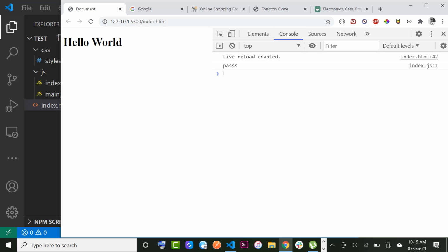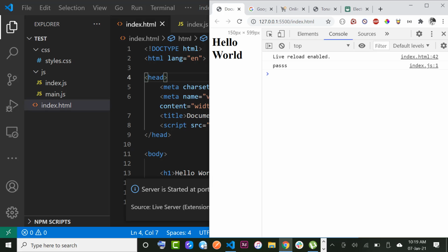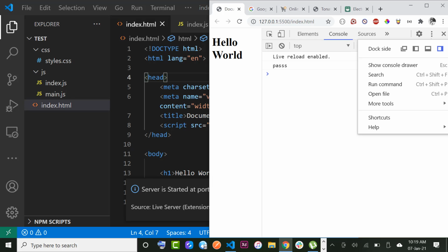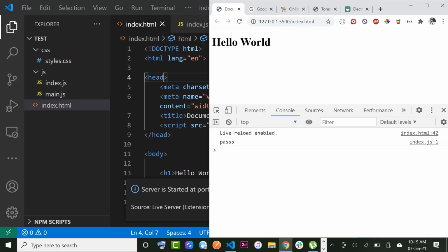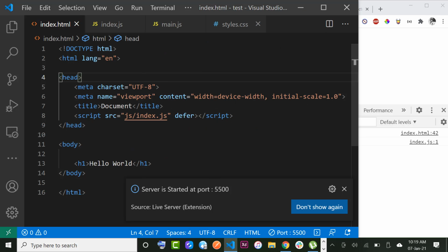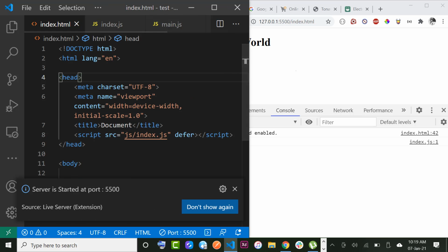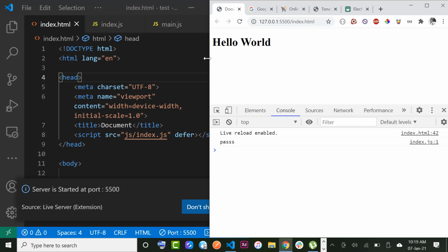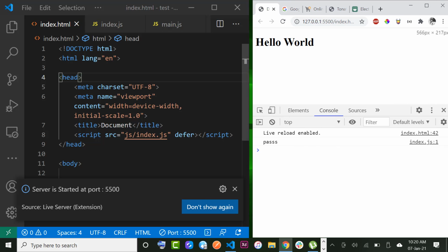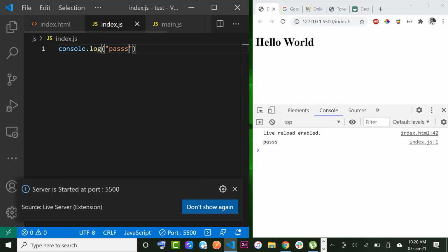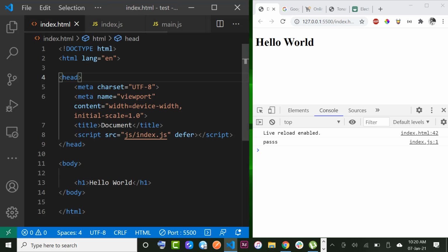If we check our JavaScript code, it is only this one that's working. This one is not. So we've not added it. So we can add it by